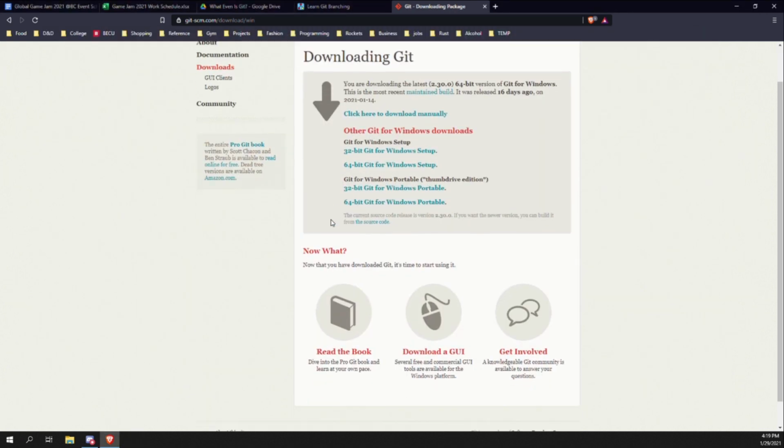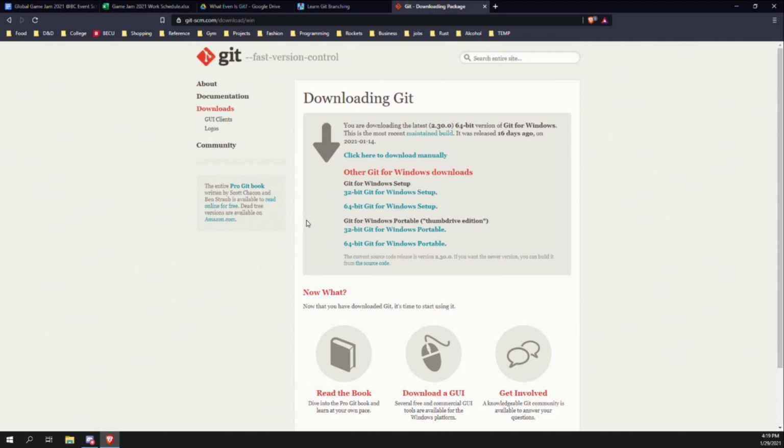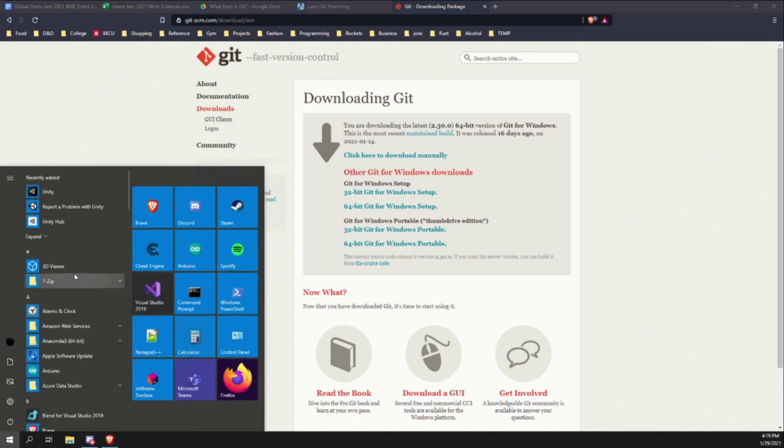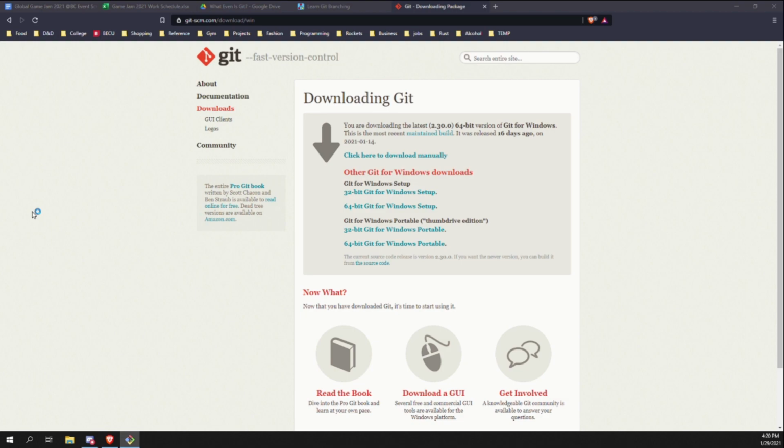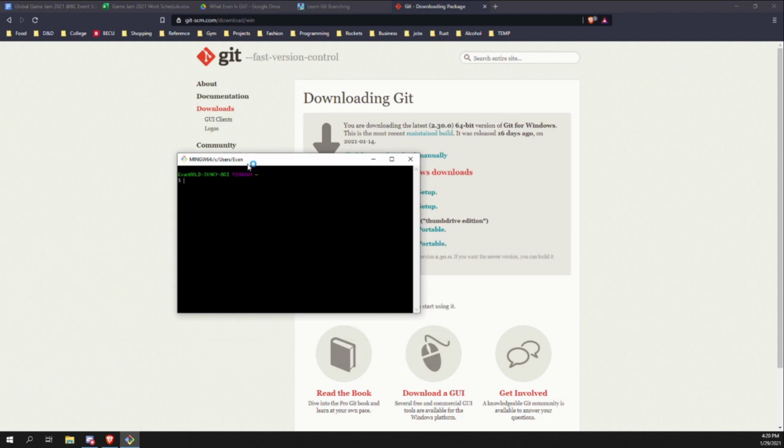If you're on Windows, you'll have to download 64-bit Git for Windows. On Windows, if I open Git, it will actually open a fake Linux terminal, so it works the same way.